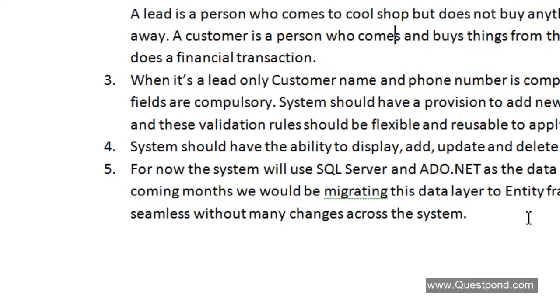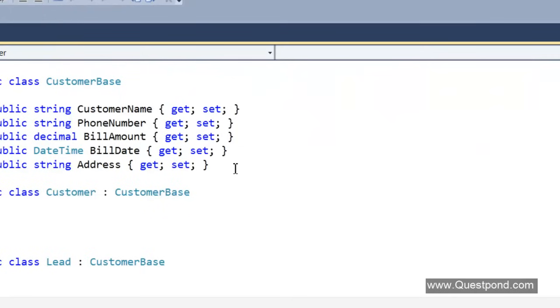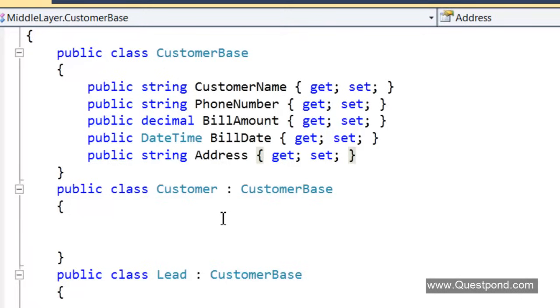And also we had one requirement regarding validation, right? We said that when it is only a lead, then only customer name and phone number is compulsory. But for a customer, all the fields are compulsory. So that means the difference between the customer and the lead is in terms of validation, right?